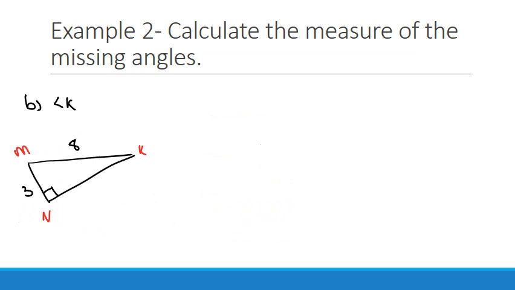Let's do B. So again, let's see what we're given. We're given angle K. All right, and then I can see right away this is an opposite, and this across is my hypotenuse. So opposite and hypotenuse, that is sine. So sine K is equal to the opposite, which is 3, over the hypotenuse, which is 8. And then based on that ratio, I can figure out what that angle size is. So angle K equals